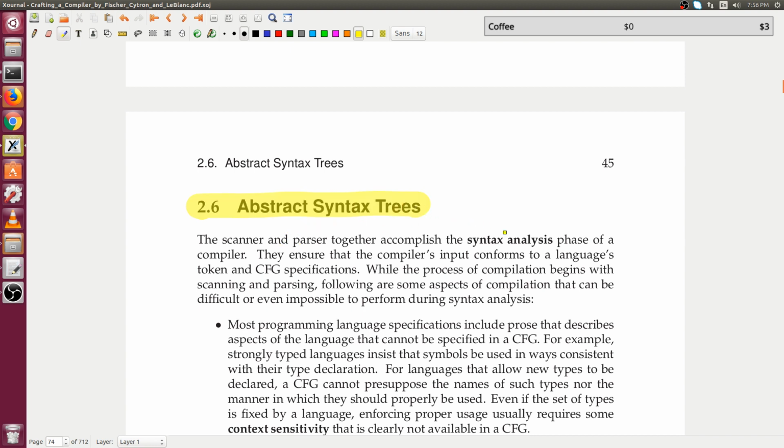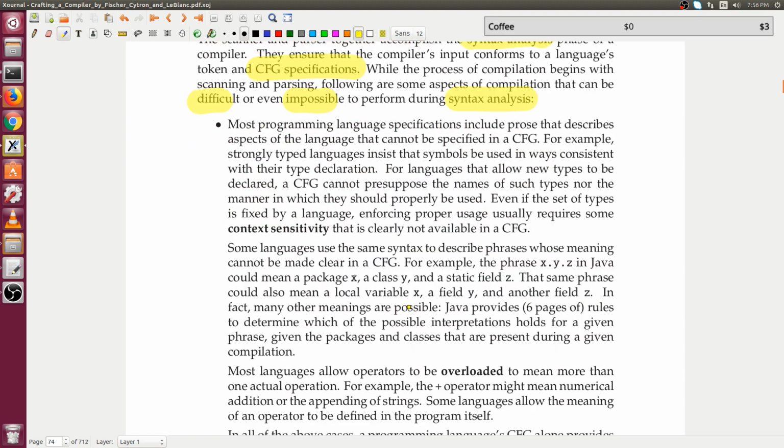So the scanner and parser accomplish the syntax analysis, determining if we have something that's syntactically valid, to ensure that the compiler's input conforms to a language token and CFG specifications. So while the process of compilation begins with scanning and parsing, following are some of the aspects of compilation that can be difficult or even impossible to perform during syntax analysis. So this is basically saying that,